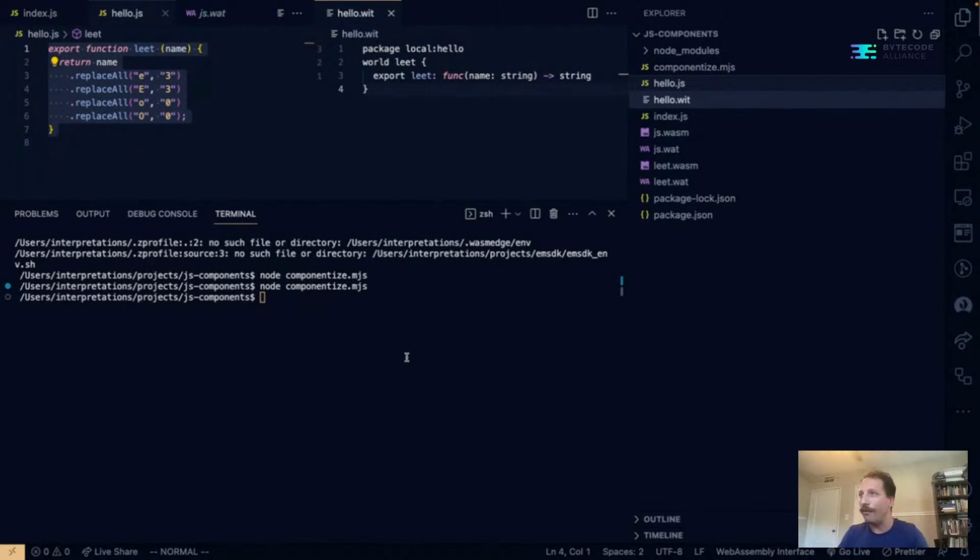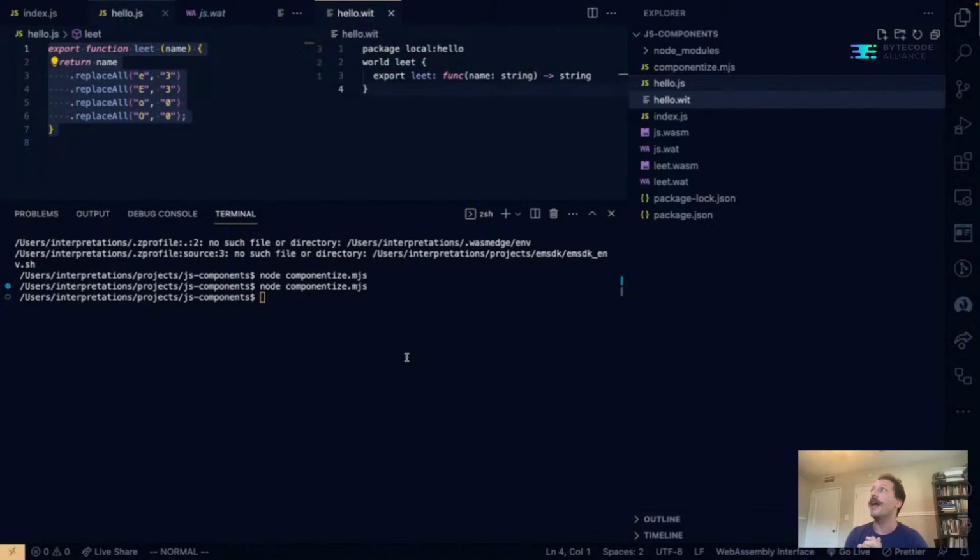And so each of these languages have kind of different levels of component model support. And so it's kind of interesting to compare all of them with each other. The first one that I'll point out is this JavaScript example. So this is using a project called Componentize, which is primarily maintained by Guy Bedford. And it is, out of all the languages that we're going to use, the only dynamic